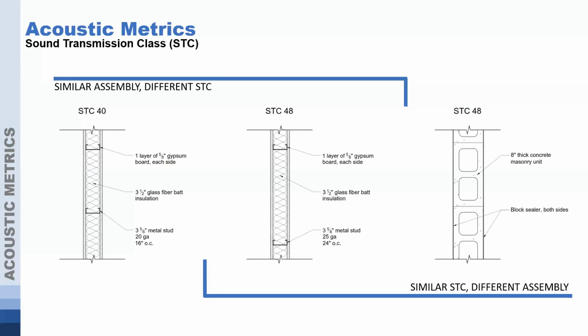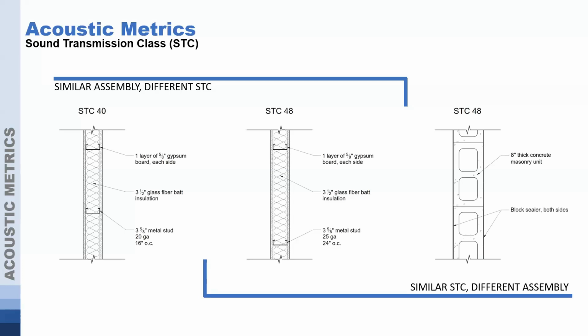The two assemblies, STC 40 and STC 48, with a gypsum board and metal stud: one of them has an STC 40, one of them has an STC 48. What's going on here? Why is this happening? Well, if we look very closely, we see at the bottom here that the STC 40 has a metal stud that is 20 gauge, spaced 16 inches on center, whereas the STC 48 has a 25 gauge stud, spaced 24